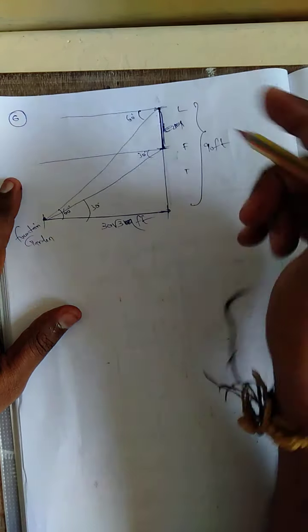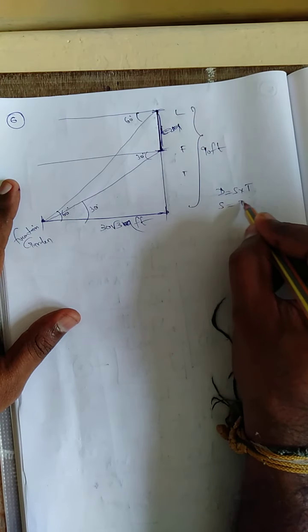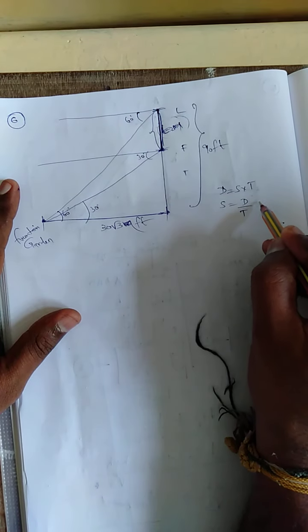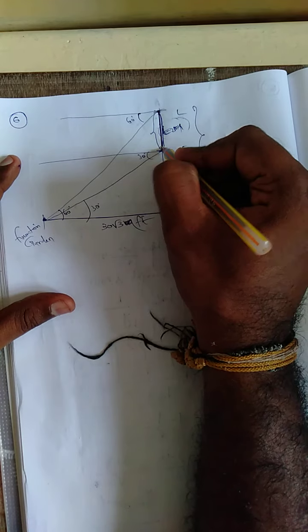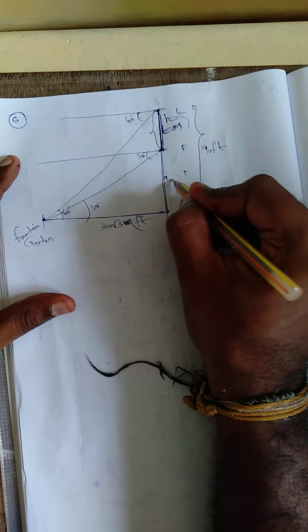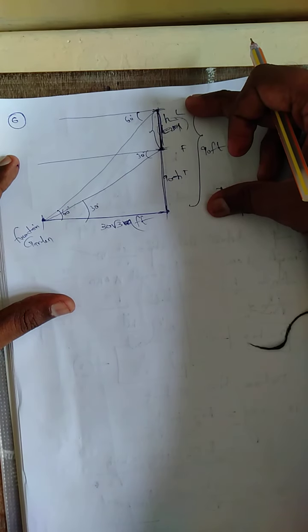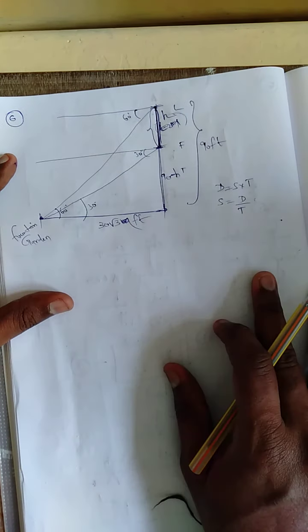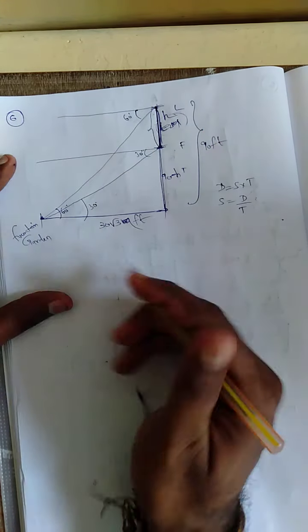First we'll find the distance, because you know the formula, distance is equal to speed into time. Speed is equal to distance by time. If we find this distance, we can divide by 2 so that we get the speed of the lift. So I'm going to take this one as h. So what is this one? 90 minus h. Why 90 minus h? Because this total is 90. So if this is h, this will be 90 minus h. So I will find the answer for h. If I find h, then easily I can find the answer.